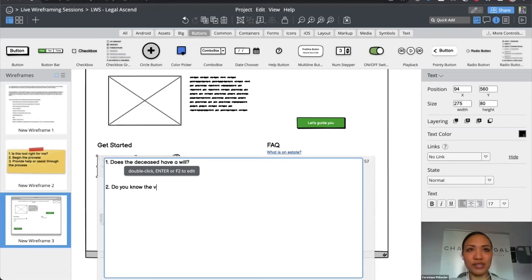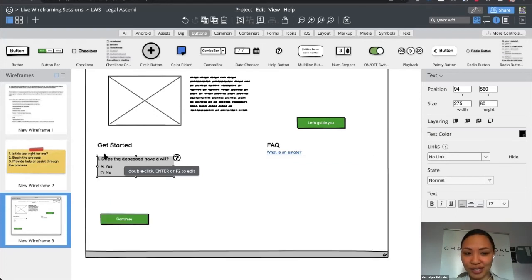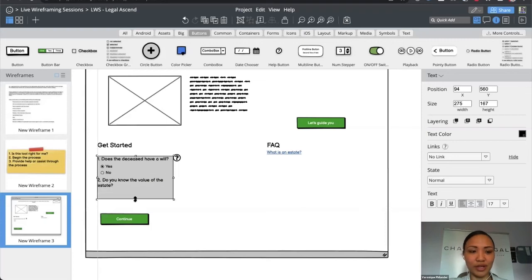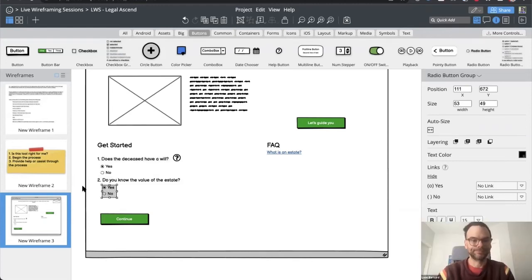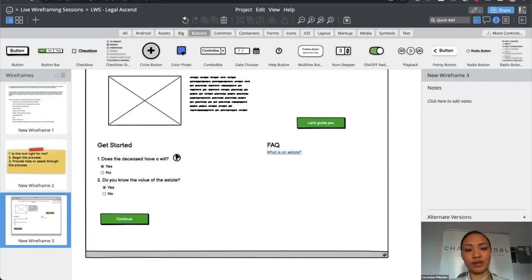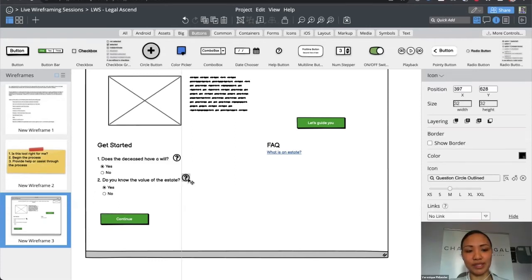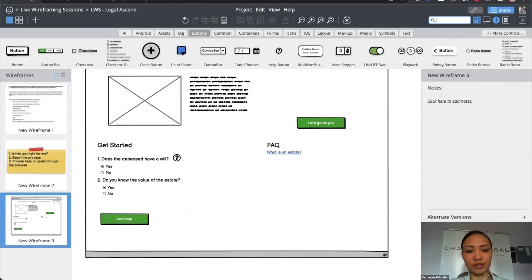And is the value of the estate greater than 250,000 Rand, which would be the follow-up question there. So if they do, yes or no, know the value of the estate, then the critical thing is to establish if it's over 250,000 Rand or less than 250,000 Rand. So yeah, that is the critical thing.